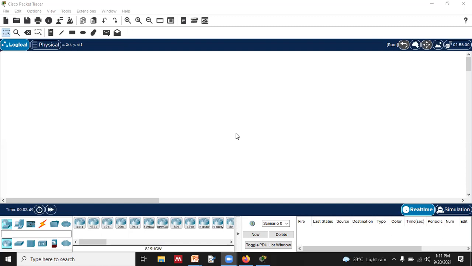Then we will see how far that logical address works, up to which level, and then where the role of the MAC address comes into the picture. This is what we discussed in the morning lecture, right? Where we need the MAC address and where we need the logical address, and how they are working. So we will understand the underlying working by implementing that practically, right?